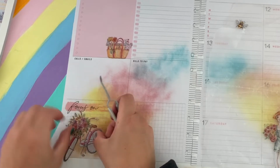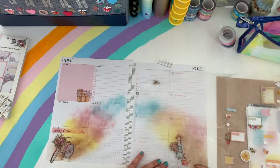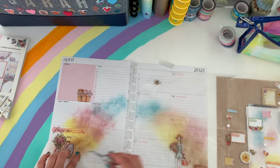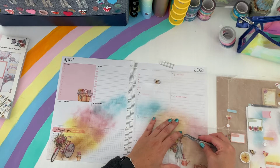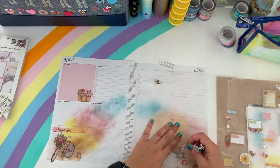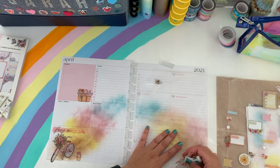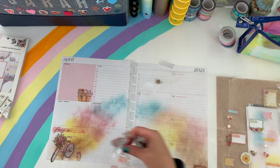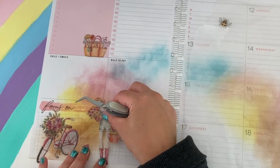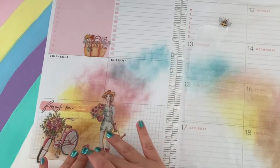I kind of want to add an angle there. These are so cute. I really like these stickers because they're just something different. A different sticker illustration, a different design. You don't see too much of this in Happy Planner except for the gardening one, but it doesn't have a lot of the cute